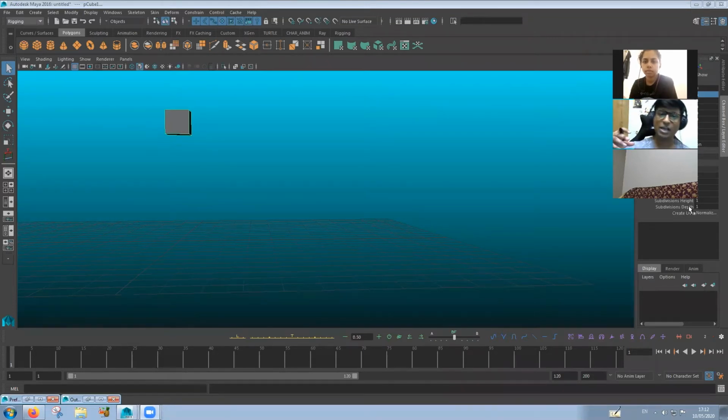Or for example, we have some sort of polygons, and we use NURBS curves or something to control the movement of that object. So rigging is all about controlling. If you can control one object with the help of another object, that means that object is rigged. So this is the very nutshell of what rigging is.